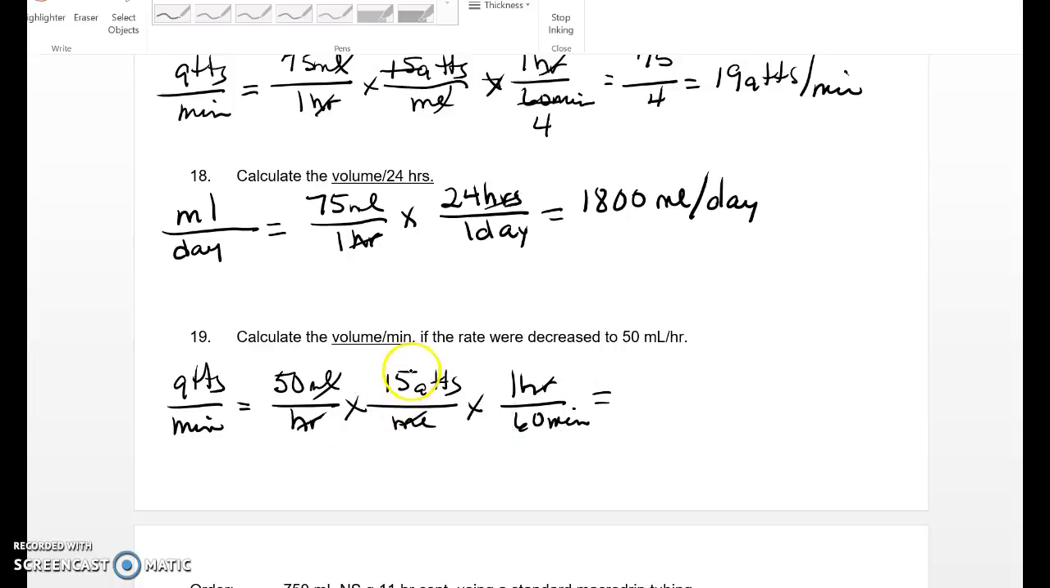So I can go 50, and this will reduce down to 4. I end up with 50 divided by 4, which ends up being 13 drops per minute. Okay,